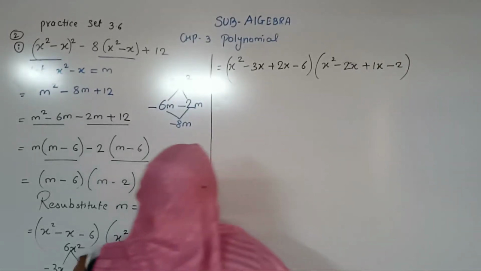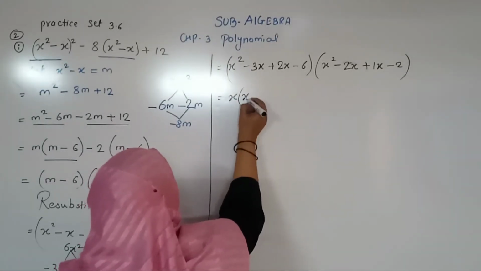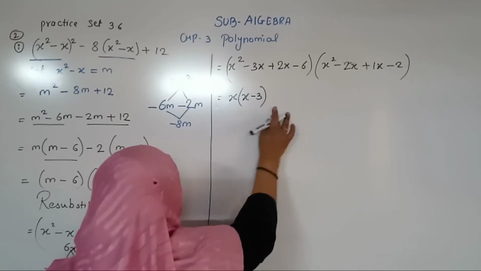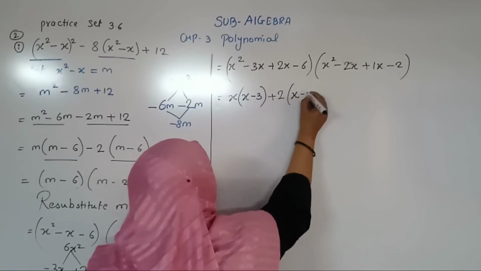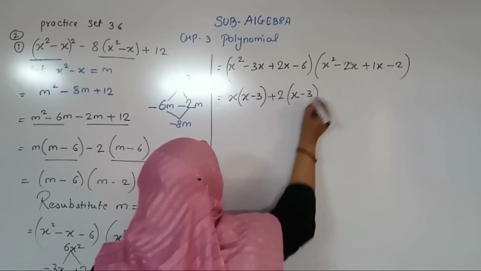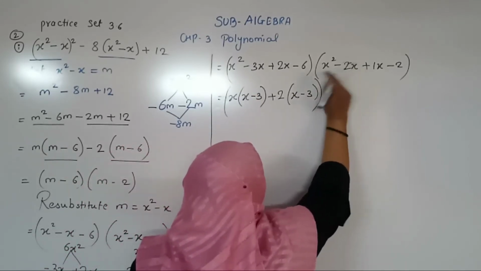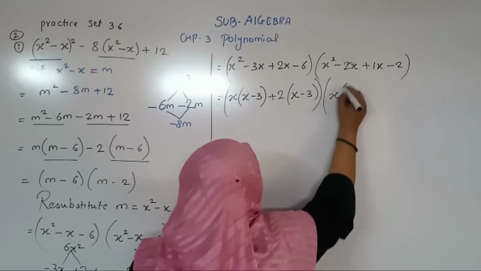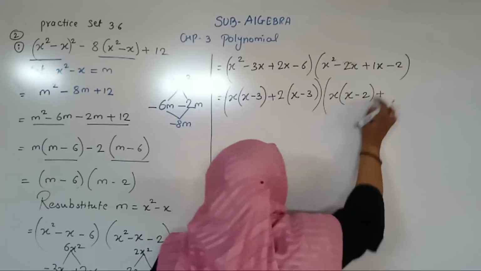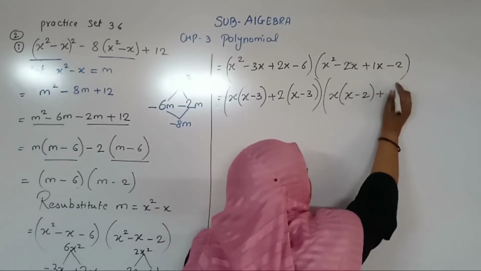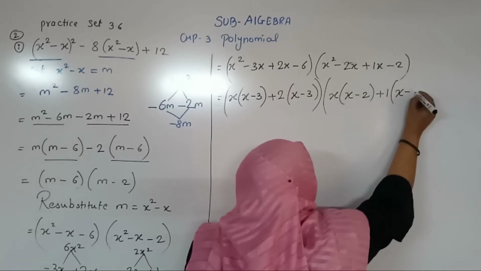Okay student, now I have to solve this first. So I will take x out. What remains? x minus 3 inside, plus I will take the smaller number out, that is 2. So x minus 3, 2 3s are 6, right? So my first bracket got solved. What about the second bracket? Now we have to take the common, that is x. What remains inside? x minus 2, right? Plus sign as the middle. From the first and third, the last term, we will take the smaller number, that is 1. So inside, x plus minus minus 2 divided by 1, I will get 2 only.